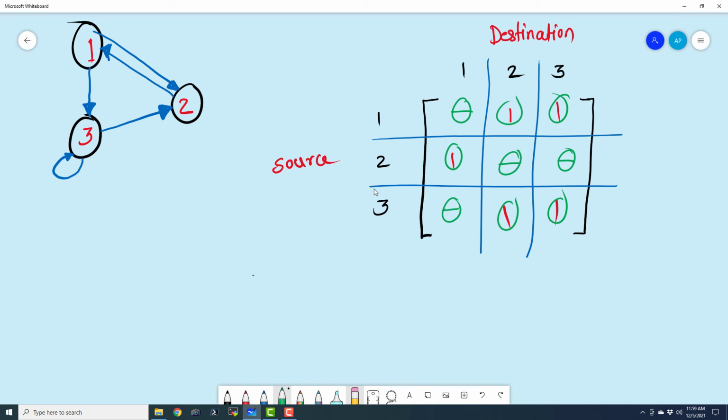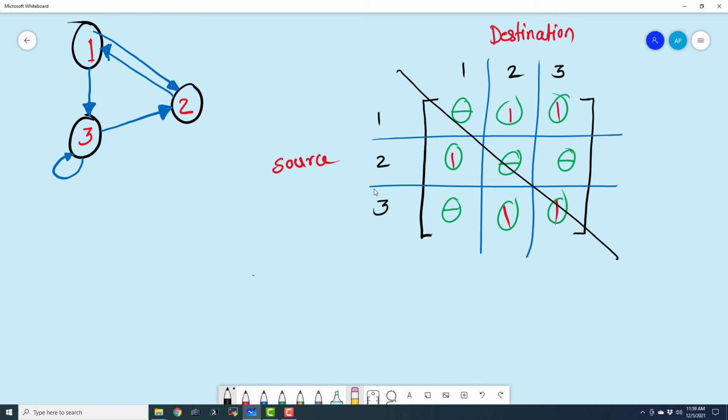Now you can clearly see the difference. The upper triangular matrix is not the mirror copy of the lower triangular matrix, and vice versa. This is why we have directions in a directed graph, because we want to make sure that the data flows in only one direction, or your algorithm traverses only in that particular direction. In an undirected graph, we can traverse in any direction we want, but in a directed graph, we have to follow that particular direction.